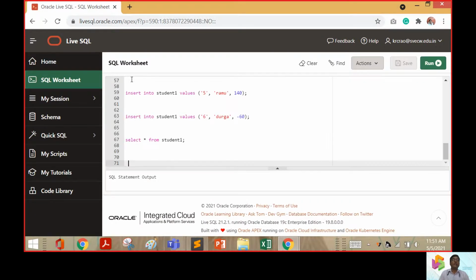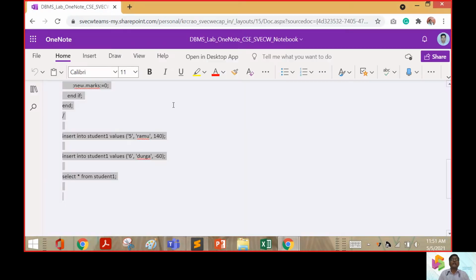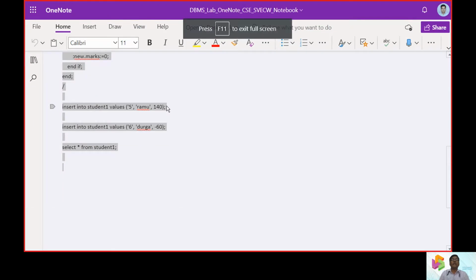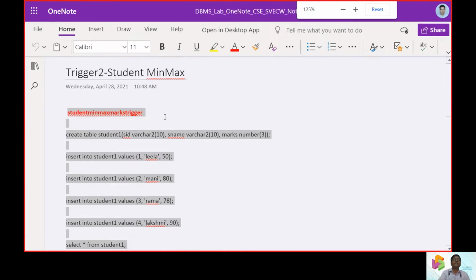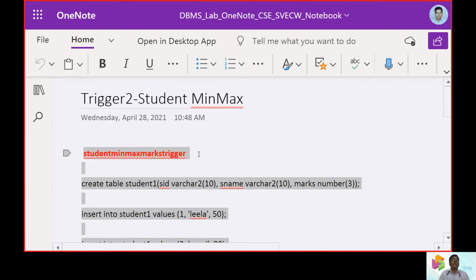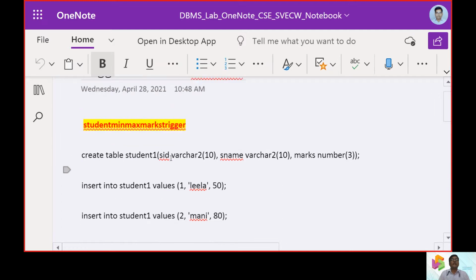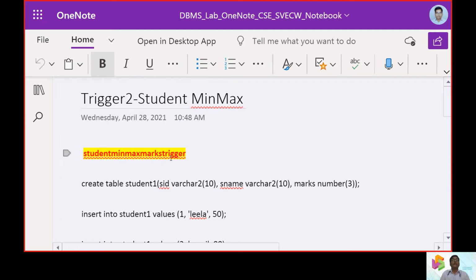Then go back to the original DBMS notebook where the trigger is written. This is the trigger to demonstrate over the student database.